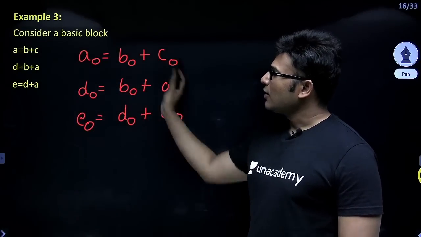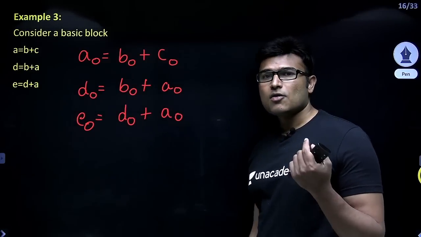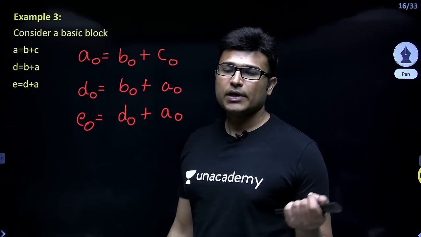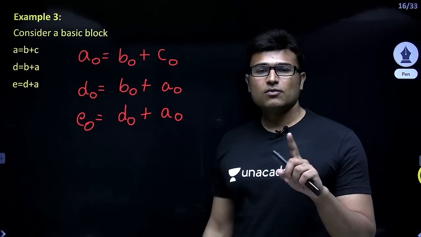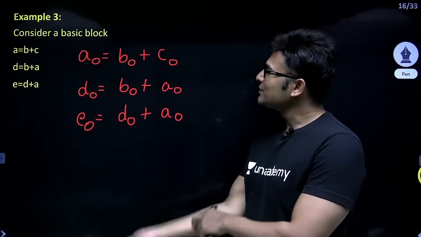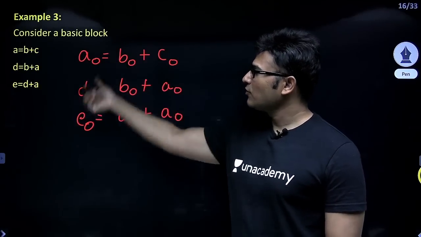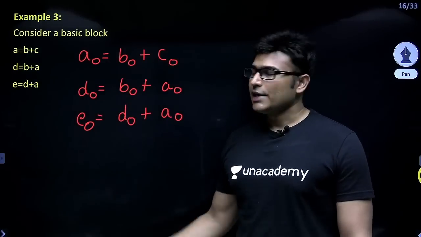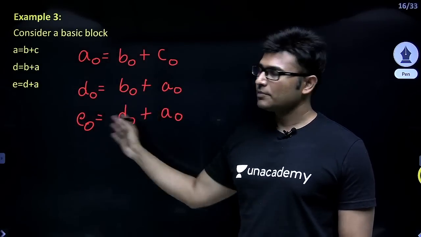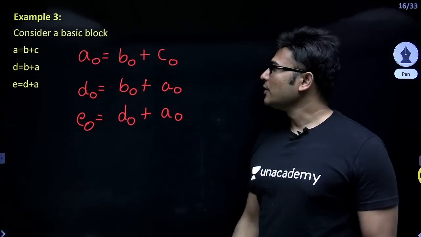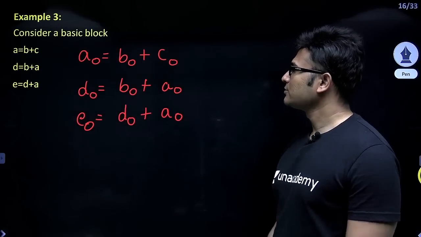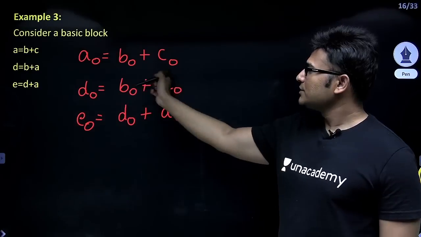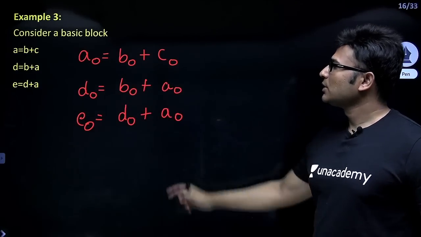Basically, for every variable, one number is sufficient, right? So for every variable, one number is sufficient. So in this case, we need not have written zeros at all. Even without zeros also, the same thing would apply, right? Therefore, zeros are not required. Okay. Now let's see what happens here.